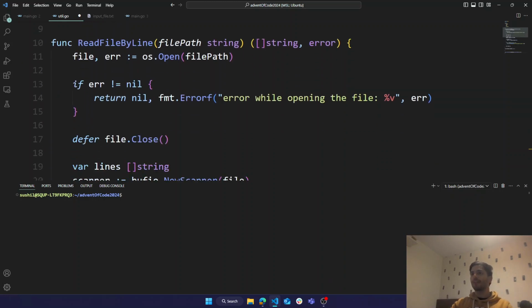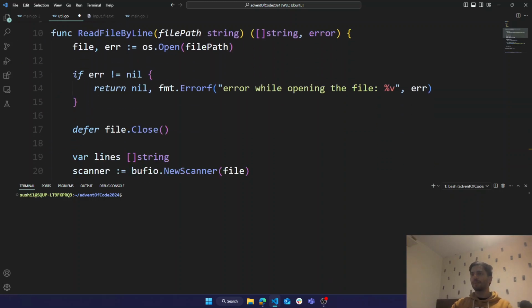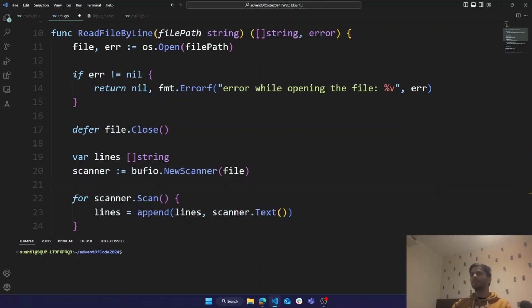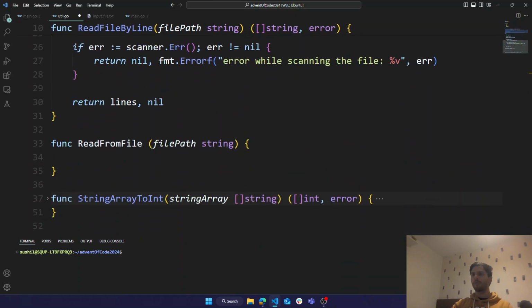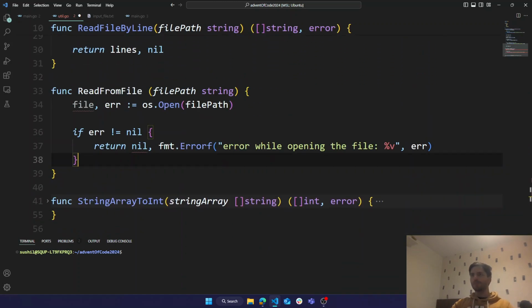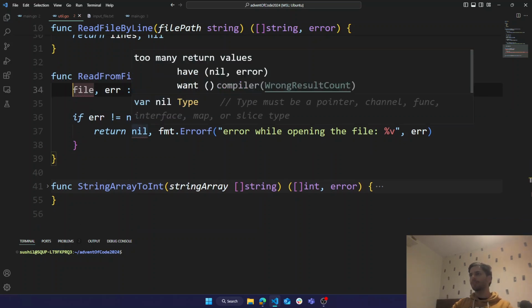We're going to copy that. File error, return nil.